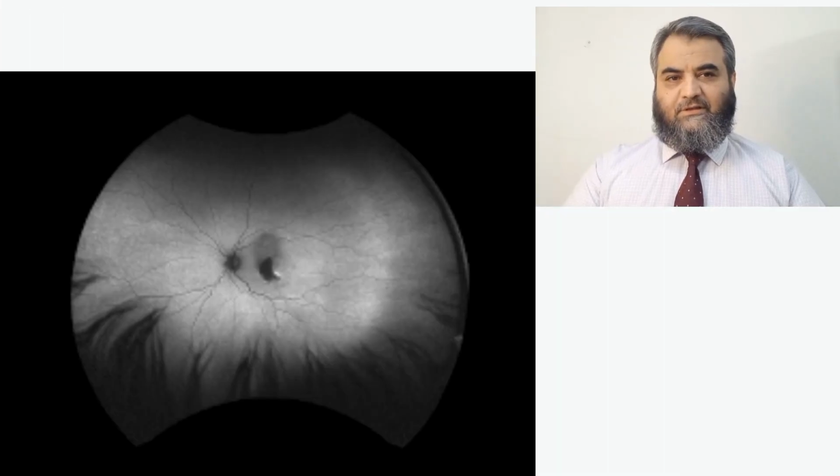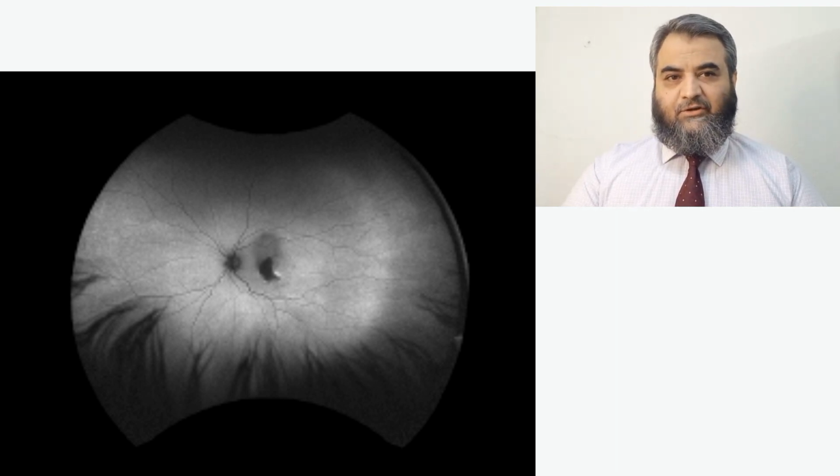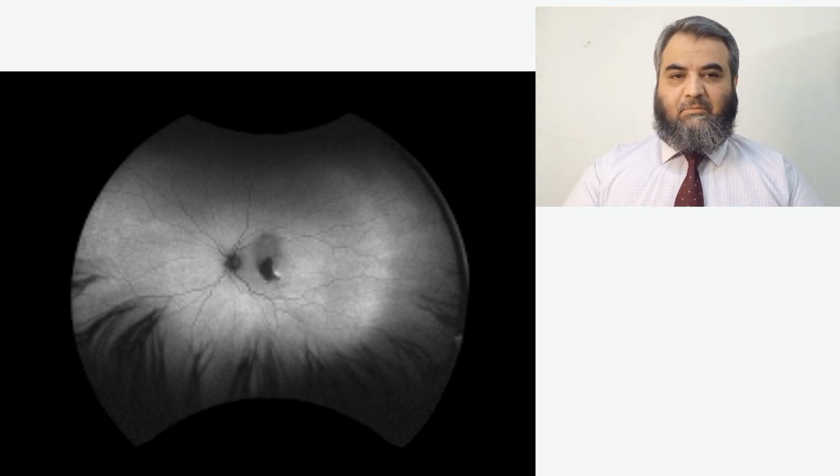This is autofluorescence of the same patient, and here you can see that central zone, where a crescent-shaped RPE tear is present. If we talk about the grading systems, it is graded from 1 to 4, starting with less than 200 micrometers, then 200 micrometers and above up to the optic disc size, and above that, and ultimately grade 4, which occupies the fovea. So this lesion most likely falls into grade 3 or grade 4 of the RPE tear, shown on fundus